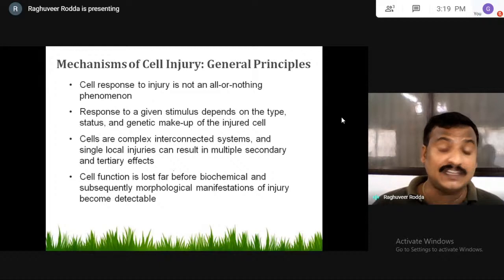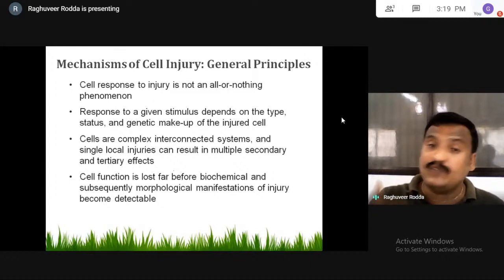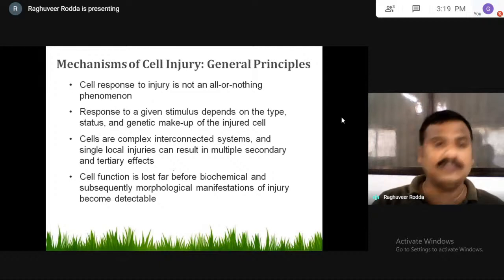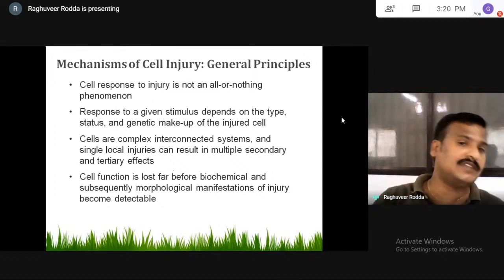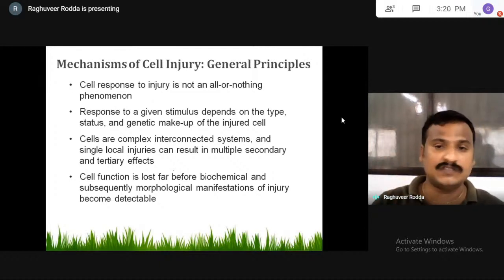So to what extent the genetic makeup of a particular cell or individual will defend against the infectious organism, and how it responds to one particular stimulus, is very, very important. So the type of injury, the status of the cell, and the genetic makeup of the injured cells are very, very important. And another important thing is that, if one cell is injured,